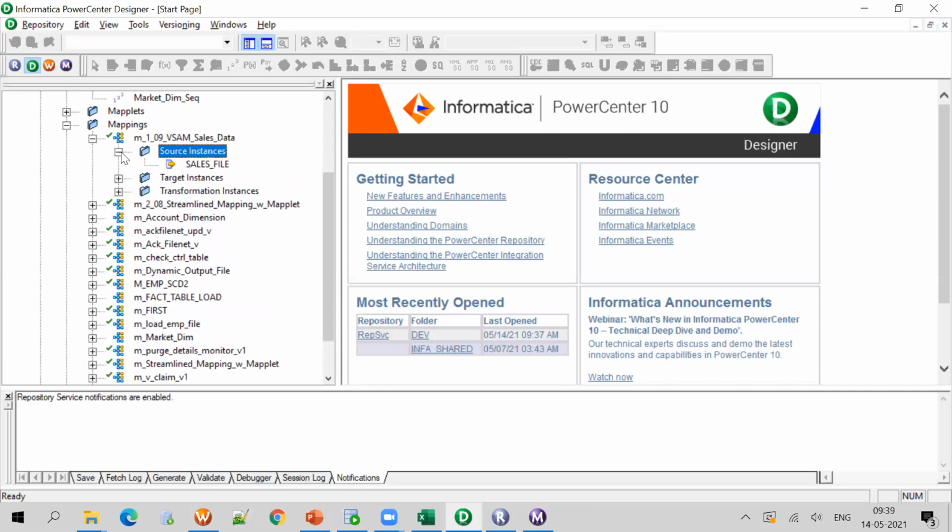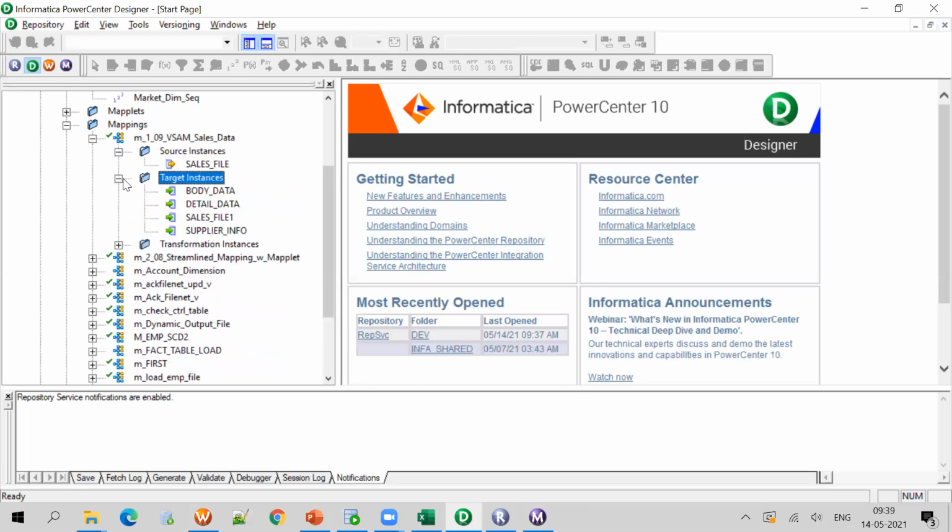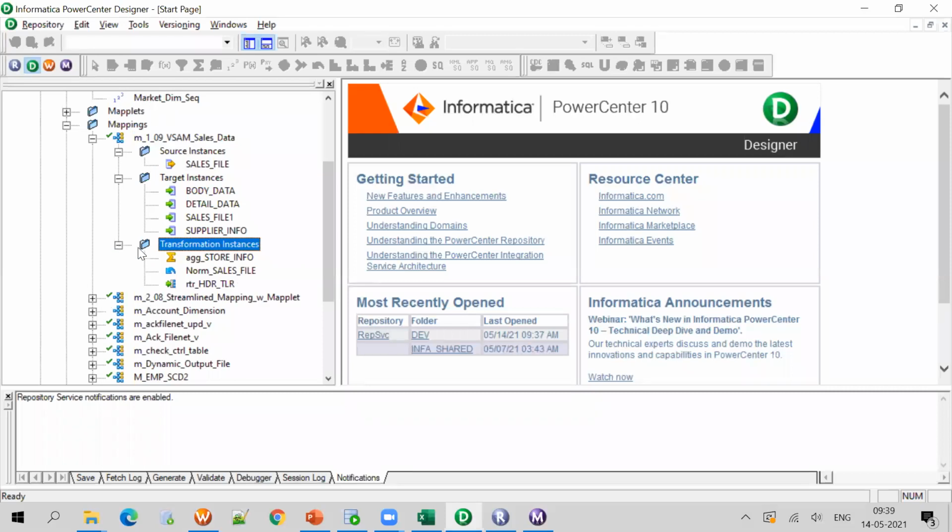I am double clicking that. See, the sales_file is used by this mapping, and these 4 targets are used by this mapping. These are all the 3 transformations used in this mapping. So a mapping called M_1_09 VSAM sales data. Under this mapping, these are all there. We have already created all those things. That is why it's showing.